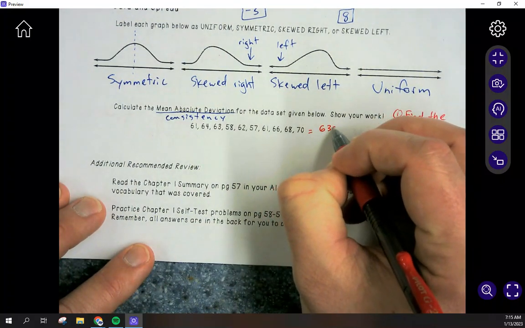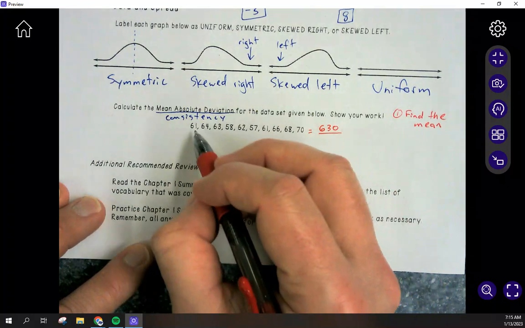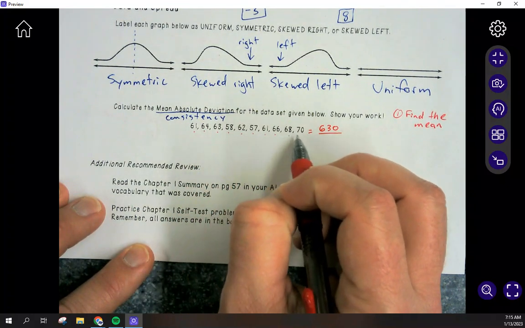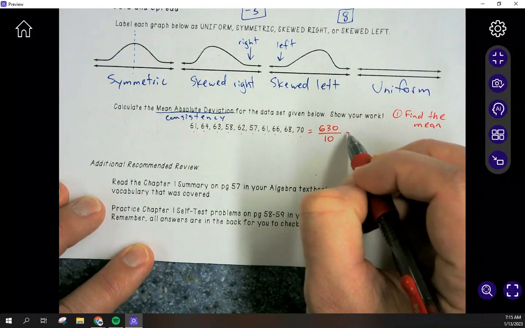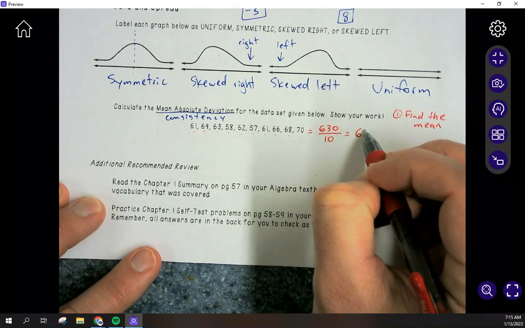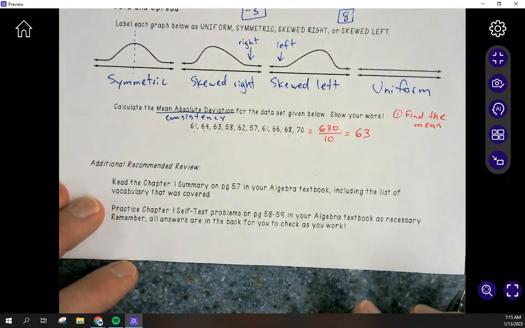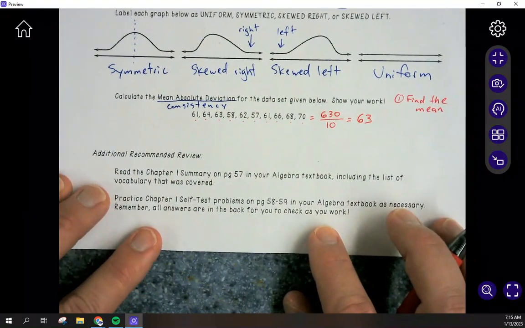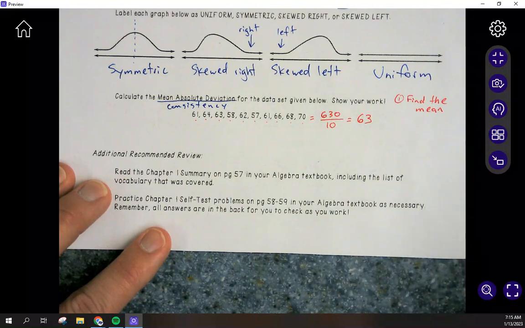And then I divide that by how many I've got. 1, 2, 3, 4, 5, 6, 7, 8, 9, 10. And so my average here is 63. Now, that's defining the mean. It's no big deal. Step 2,